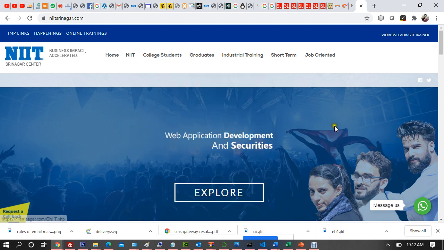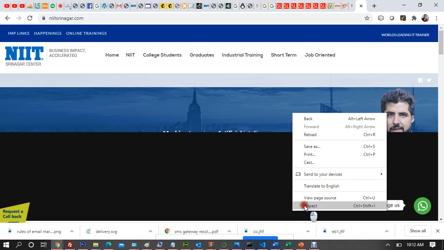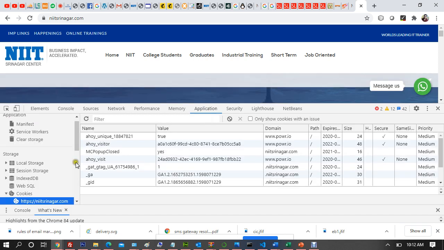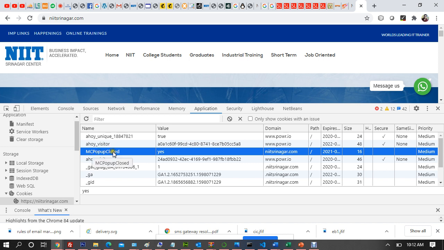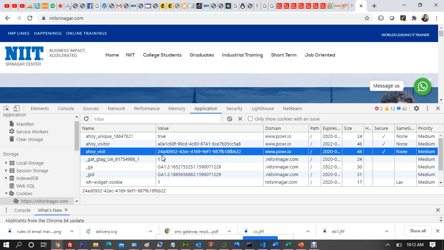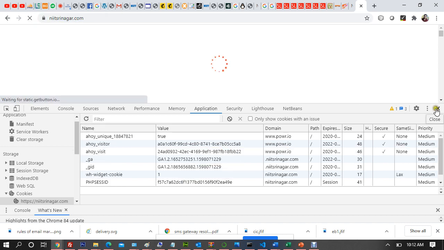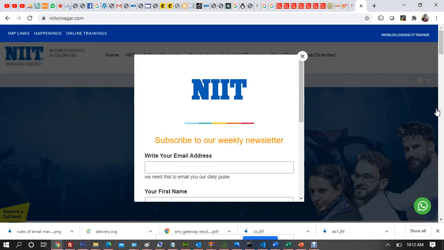Now in order to see, जब आप प्रैक्टिस करेंगे ना बेटा, तो आपको फिर से देखना होगा pop-up form। तो आप क्या काम करेंगे? Go to inspect element of your browser, go to applications, go to cookies and delete all the cookies. Now you can see MC pop-up closed value is yes. If you delete this cookie right here, right, and load the website again, जियो नहीं चल रहा क्यों? आ गया फिर से?